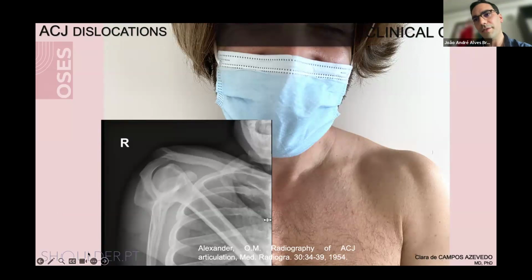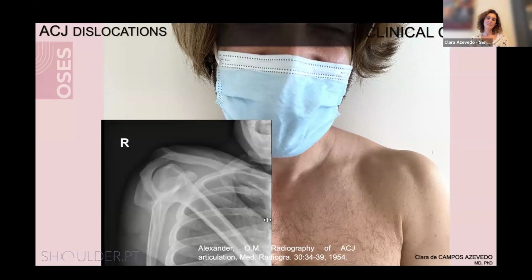So this is the Alexander view. From here, I can see the distal clavicle overrides the acromion, where I can see that there is some horizontal instability happening. So at this point, how would you classify this? I would classify it as a 3B, 4 or 5. But I saw the CC distance, so I would say more a 5 than a 3B or a 4. Yeah, because the CC distance was double the contralateral side, maybe.